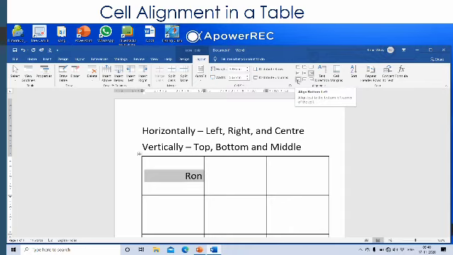Again, bottom left, bottom center and bottom right. So this is how you can align text in a cell of a table.